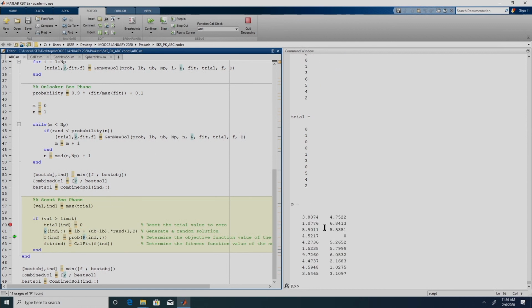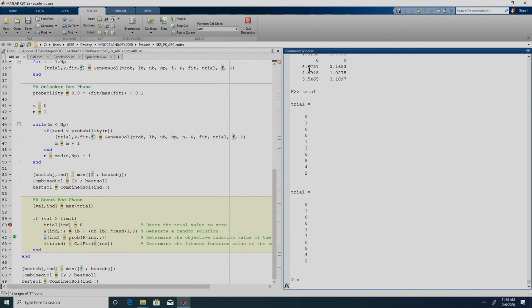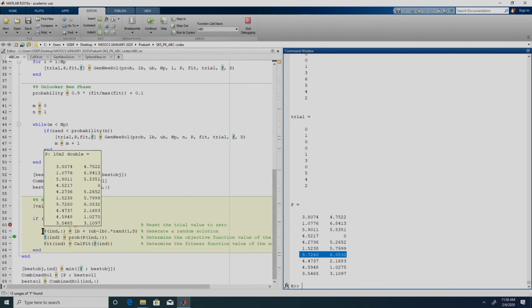So the population, if you see, this 0, 0 is lost. The 7th solution, that 0, 0, has been replaced by 9.7260 and 6.0532.